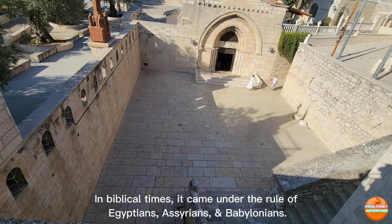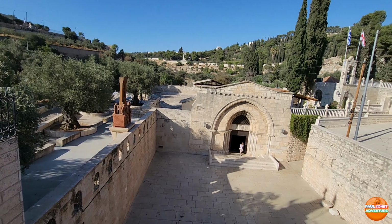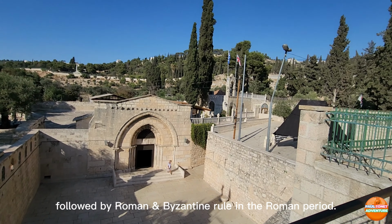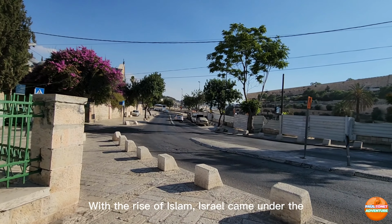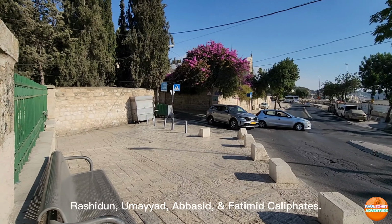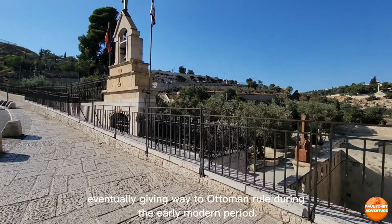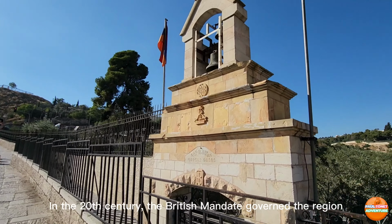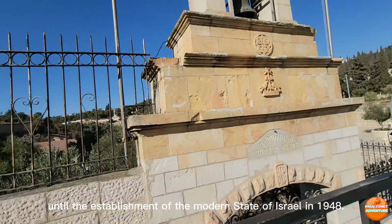In biblical times, it came under the rule of Egyptians, Assyrians, and Babylonians. The classical period saw Persian, Greek, and Seleucid influence, followed by Roman and Byzantine rule in the Roman period. With the rise of Islam, Israel came under the Rashidun, Umayyad, Abbasid, and Fatimid caliphates. The medieval era introduced Crusader and Mamluk control, eventually giving way to Ottoman rule during the early modern period. In the 20th century, the British Mandate governed the region until the establishment of the modern State of Israel in